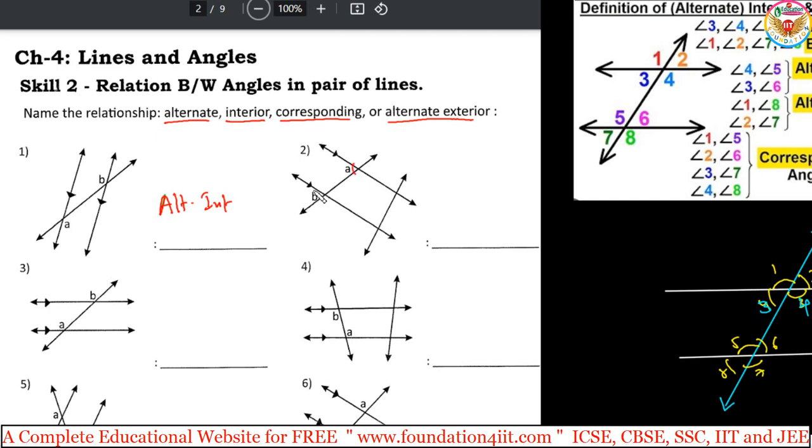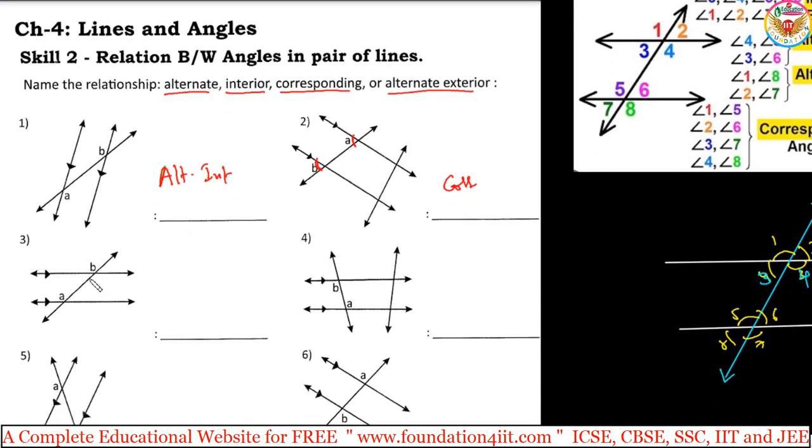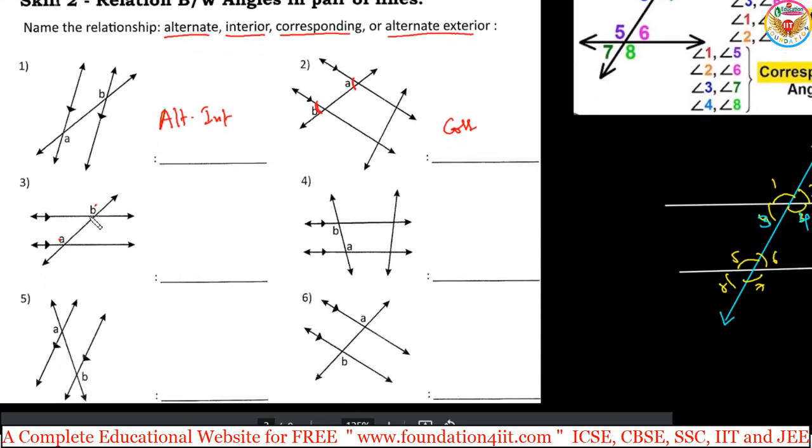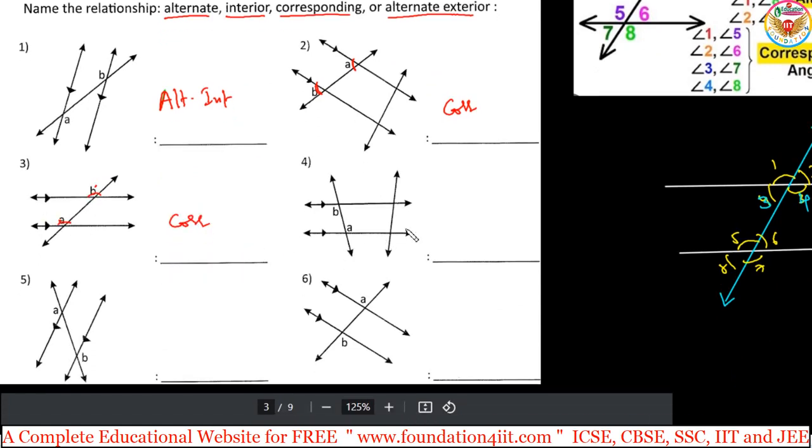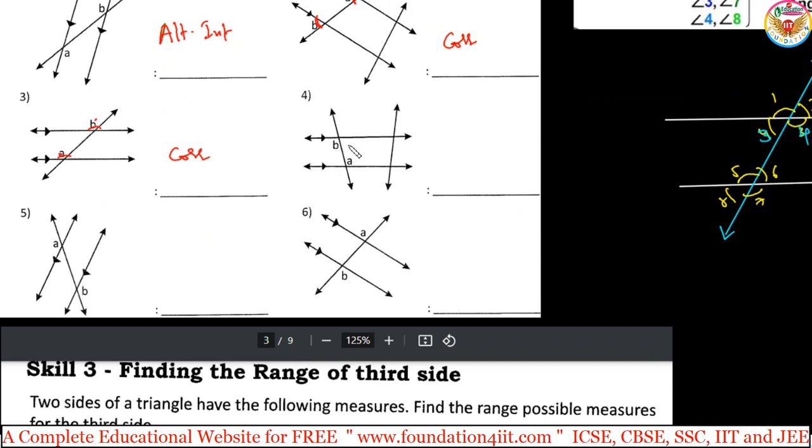Next, A and B. This is the same place. A and B, same positions. So corresponding angles. So you can answer the same type. Now B and A. B position and A position is the same. So these are corresponding angles. Next, B and A is inside but alternate interior. This is also